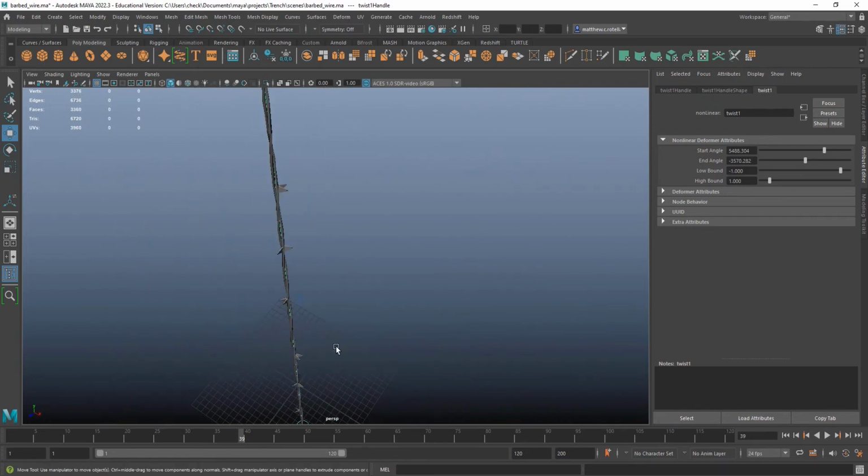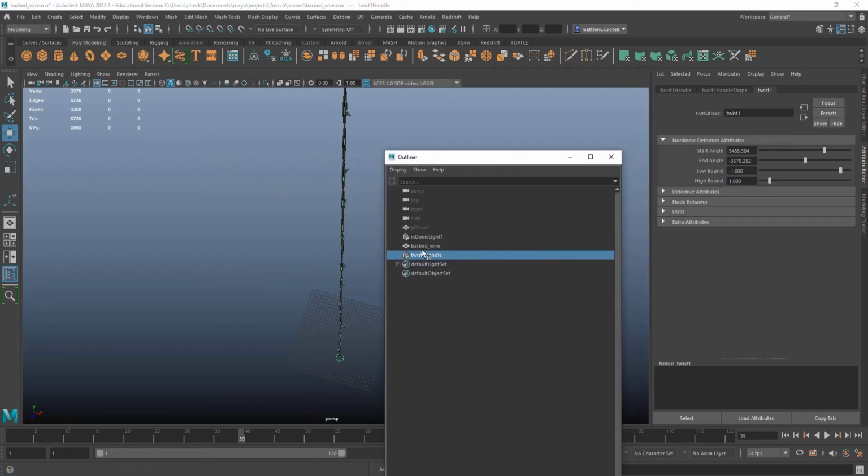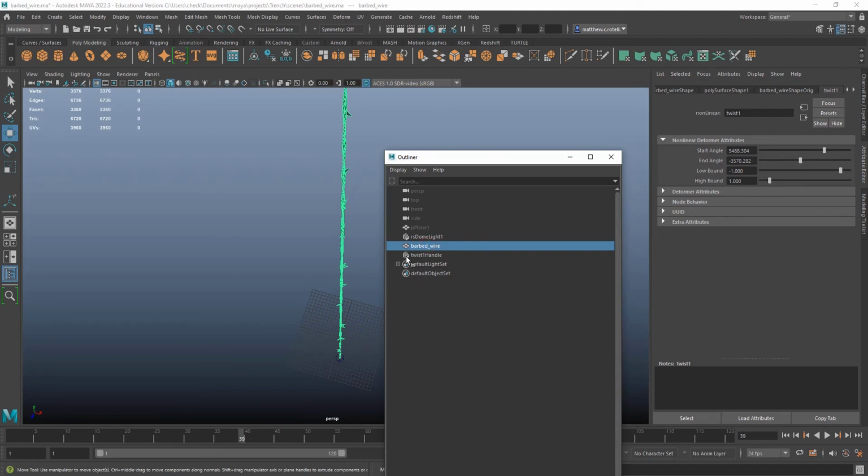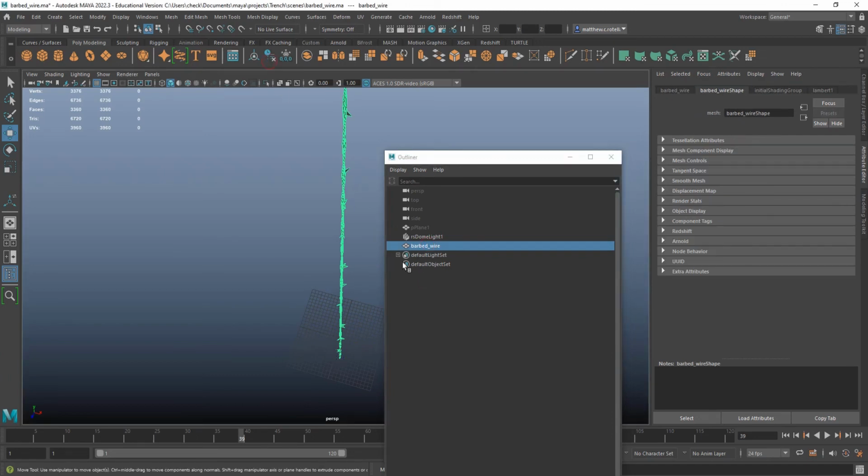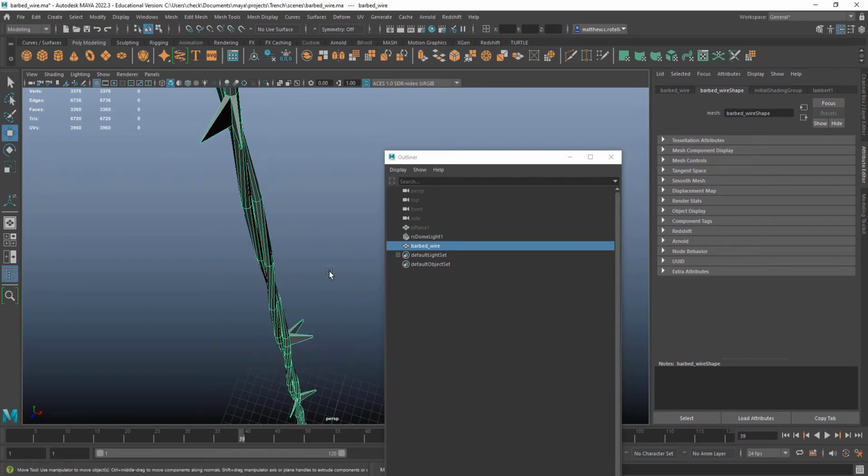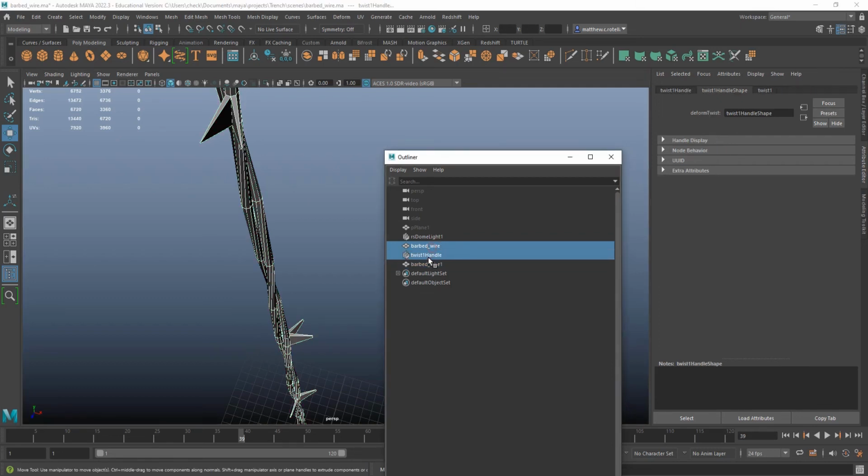All right, so I got my barbs, and it's all connected, and now I don't want it to be affected by the twist handle anymore. So I can either make a duplicate, or I can delete the history, and then it won't be, and that will delete my twist handle. In this case, it can be a really good idea to just make a duplicate and hide the original, because